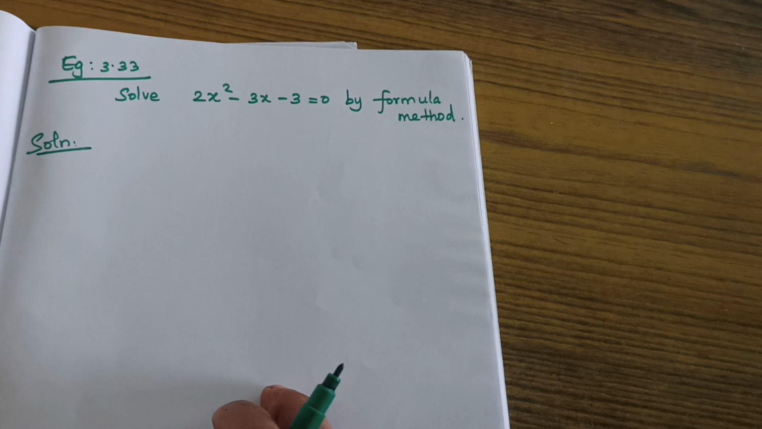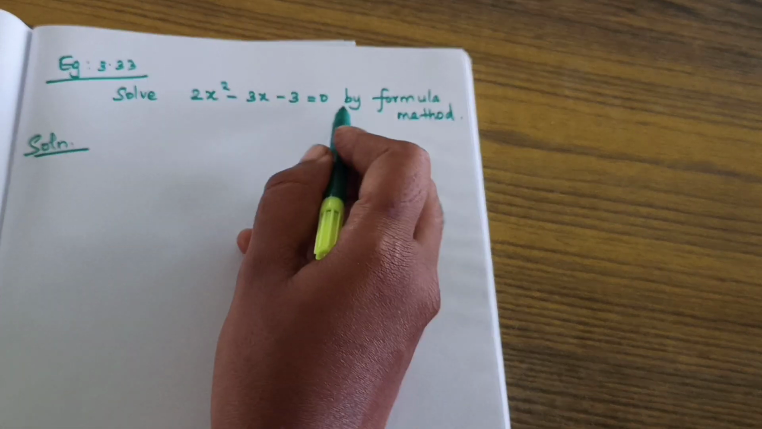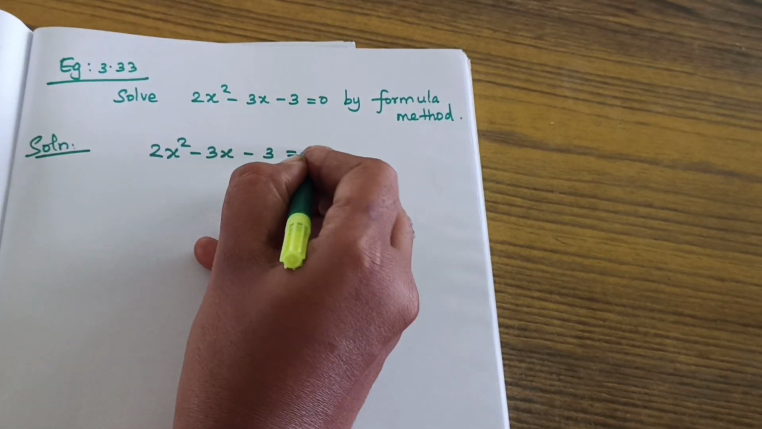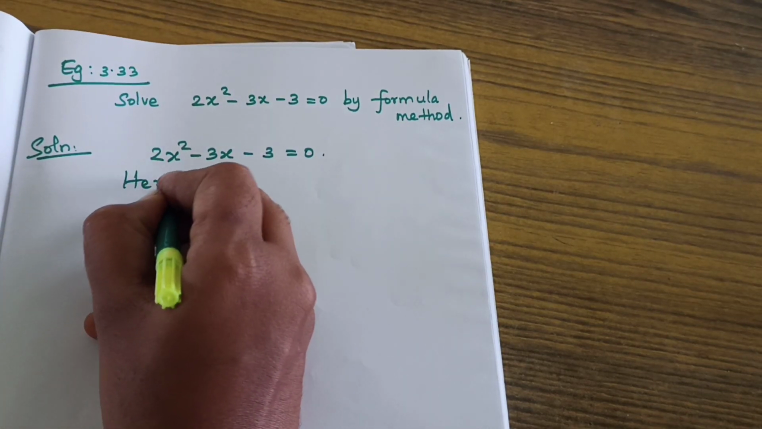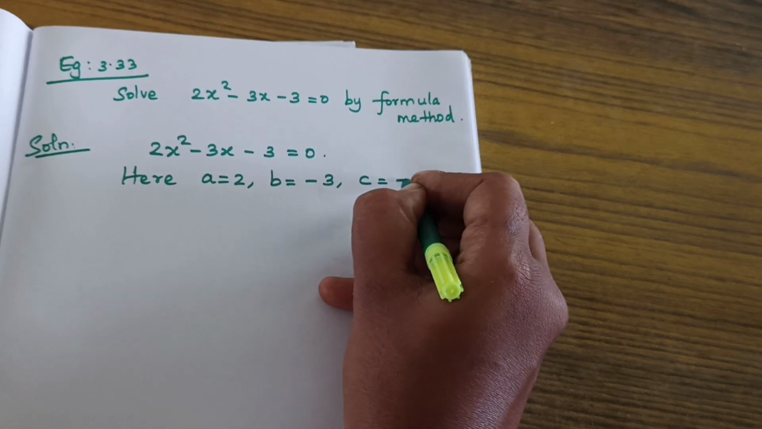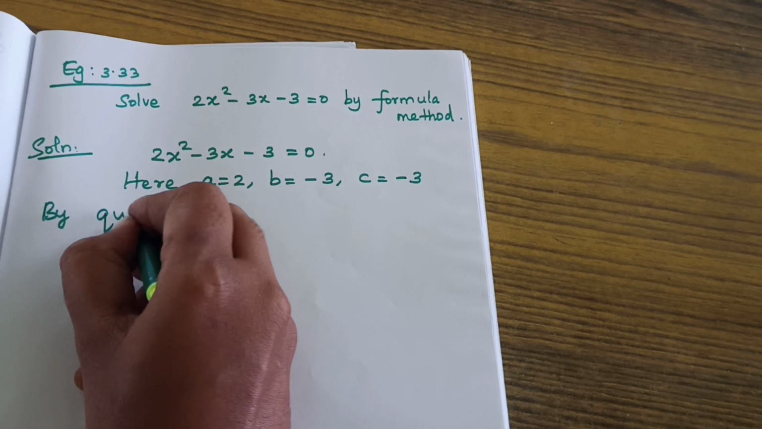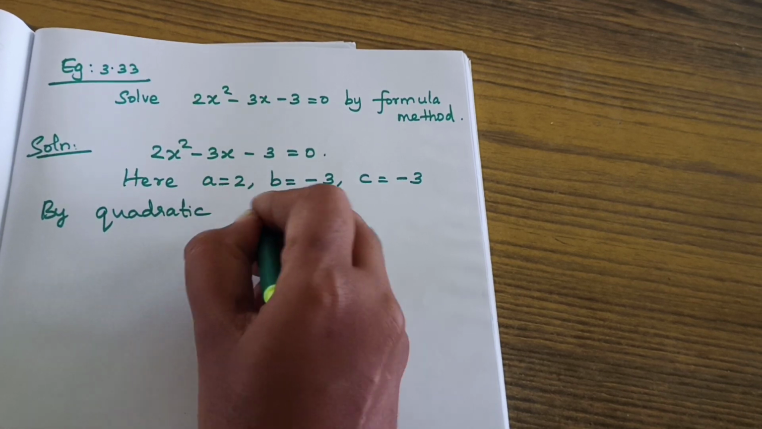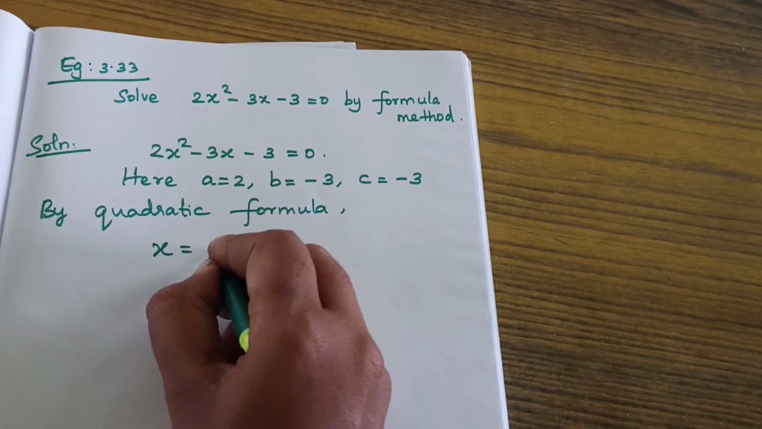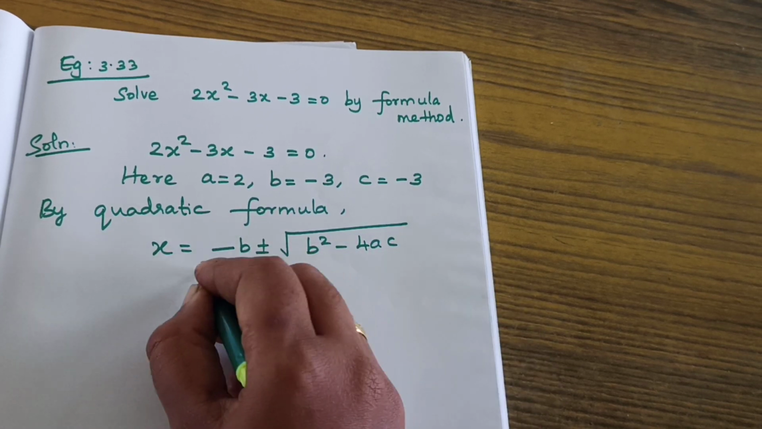Got it, students? Okay, dear students, listen, example 3.33. Solve this one by formula method. So just write the equation, given equation equal to 0. And here, what is the value of a? 2. B value minus 3. C value minus 3. Then by quadratic formula. What is the formula? By quadratic formula, x equal to minus b plus or minus square root of b square minus 4ac by 2a,